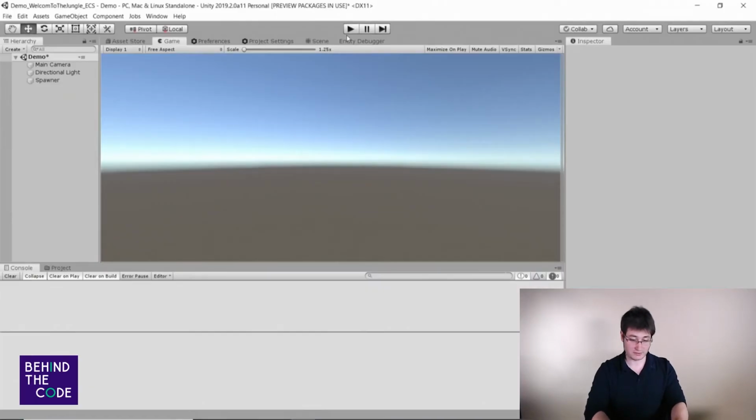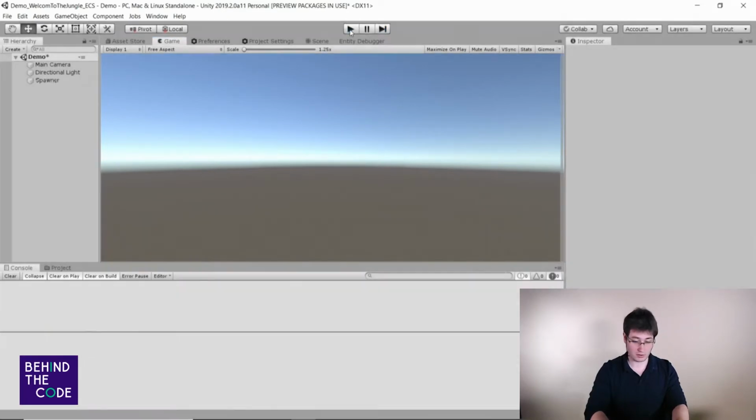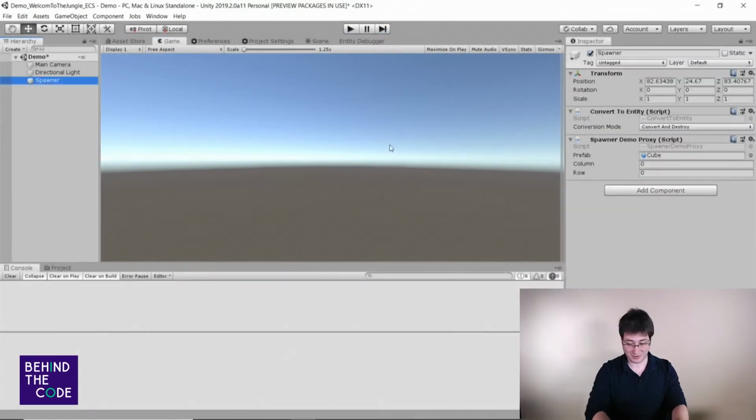So now I will test if it's working. No, it's not working. Why? Because when you have 0 colon and 0 row, you have nothing. It's normal. So I want 100 entity.